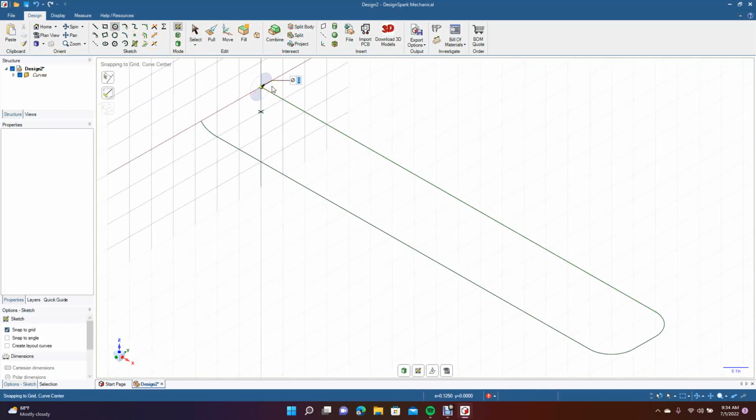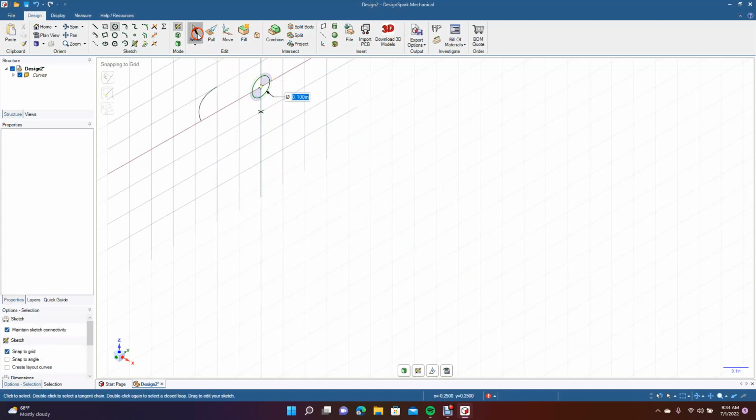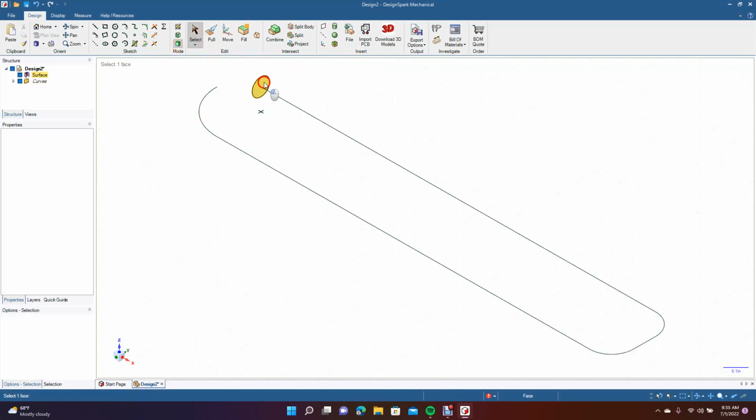We're going to go 0.1 circle, and now it's going to do this disappearing thing. This is just what it does. Now you come back to the 3D mode. You're going to select that face there. You're going to go to pull, select pull,